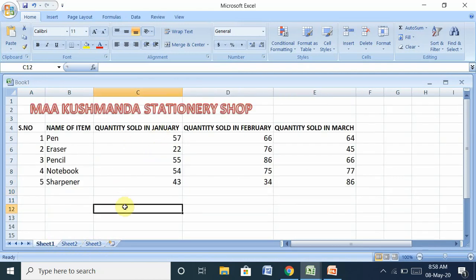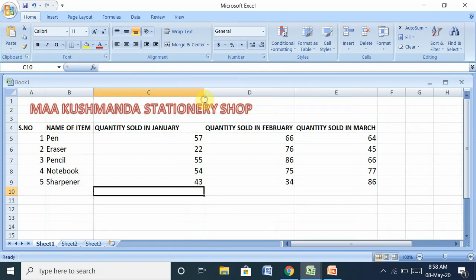As you look, this is your first sheet, for a stationery shop. Here type these sentences of information. You can increase or decrease the size of the cell also.